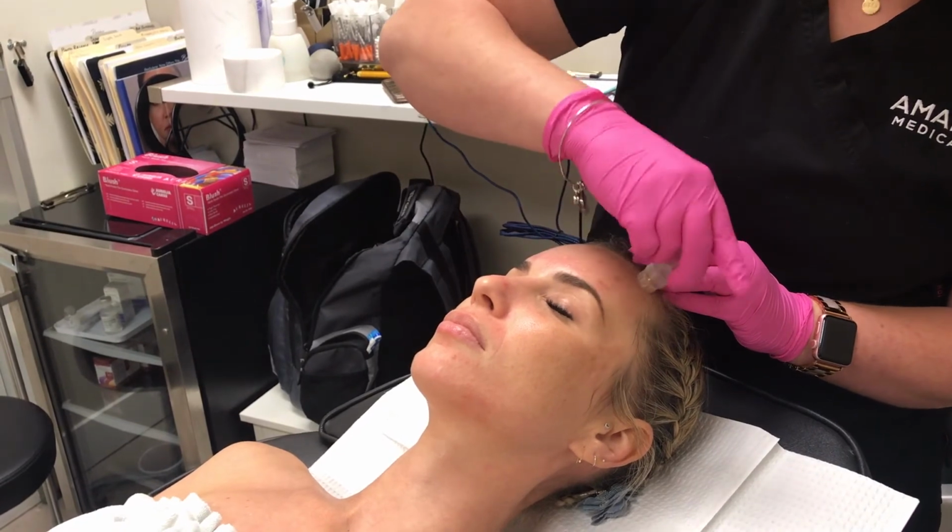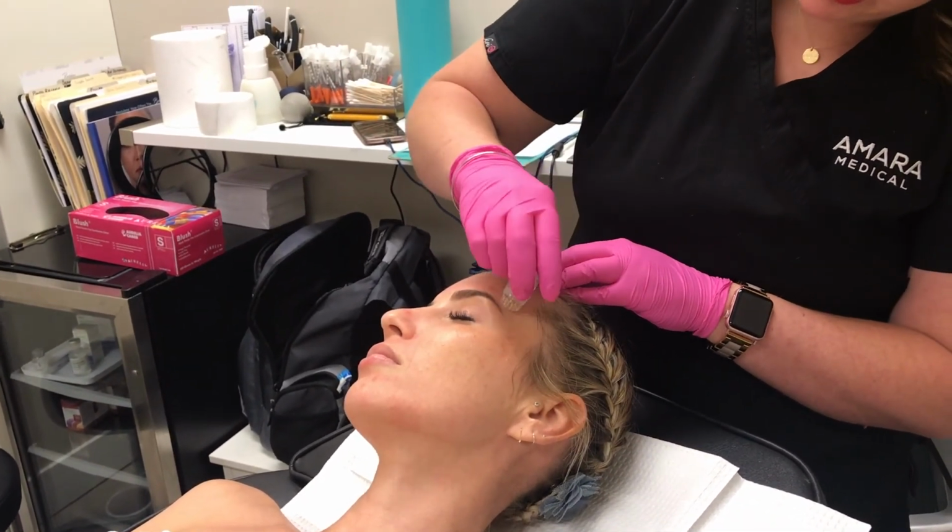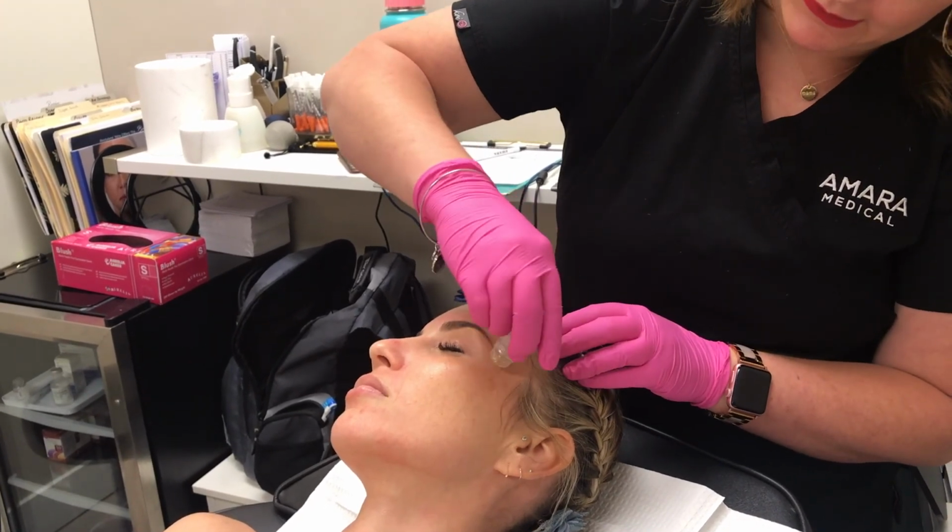These needles are made with 24 karat gold, and they're hollow, so they are actually injecting. That's one of the differences between